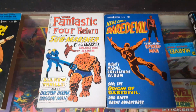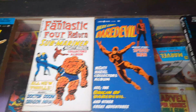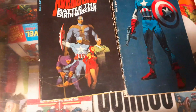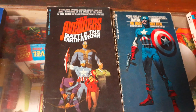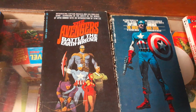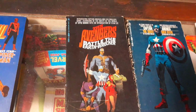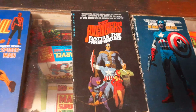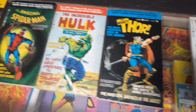So in 1967, a little bit later on, they switched off of Lancer books and went to Bantam books. And this time with original novels. One was The Avengers Battle the Earthwrecker, and number two, Captain America in 1968, The Great Gold Seal. Now, this time original covers and original novel stories, but guess what? Not a whole lot more success. So the idea for doing paperbacks with Marvel Comics was abandoned until